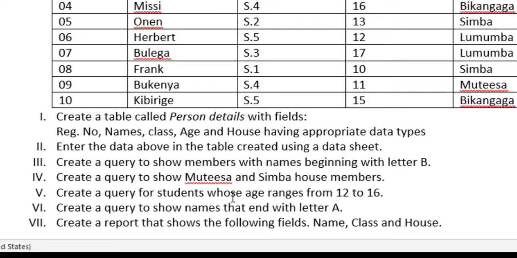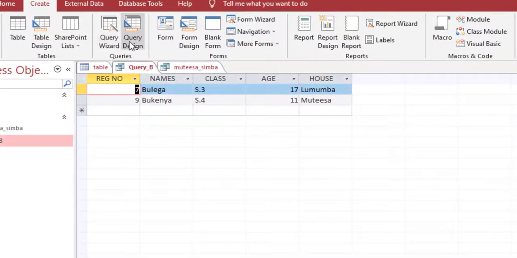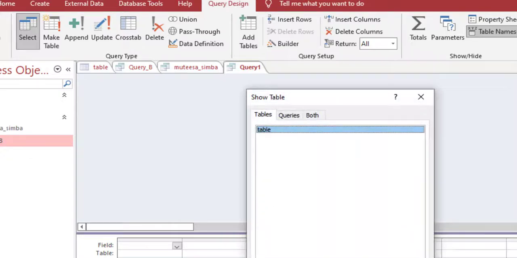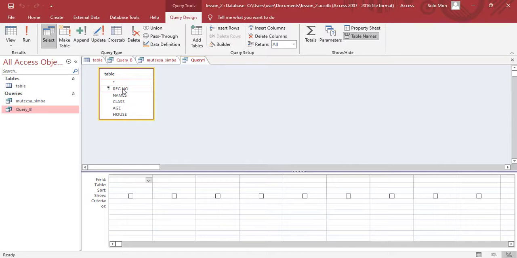Create a query for students whose age ranges from 12 to 16. They are talking of age. Still we create a query design, add, then after adding you close. They are talking of age, so now the instruction of the criteria is going to be in the field name of age. So age, they are saying